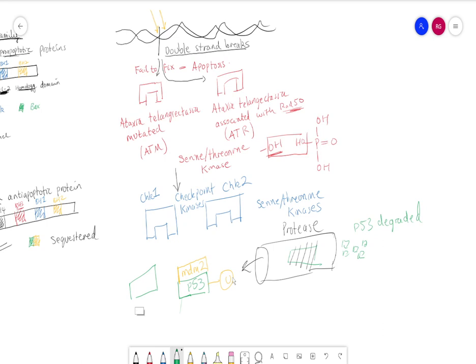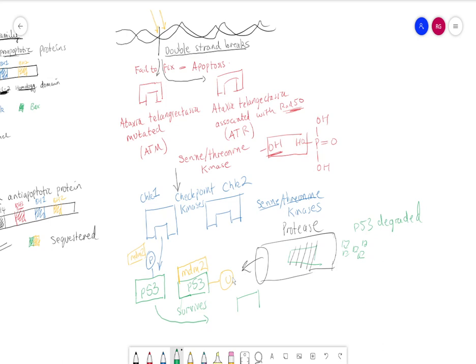So what checkpoint kinase is going to do, I'm going to draw another p53 bound to, I'm going to draw it a bit neater, I can do better. So I'm going to draw another p53 and it's going to be bound to your MDM2. But except this time, checkpoint kinase is going to phosphorylate your p53 on a serine or threonine residue somewhere on p53. And that's going to stop MDM2 from binding. It can't bind, it can't ubiquitinate. So p53 is going to survive. So it survives, it escapes degradation by the almighty protease,